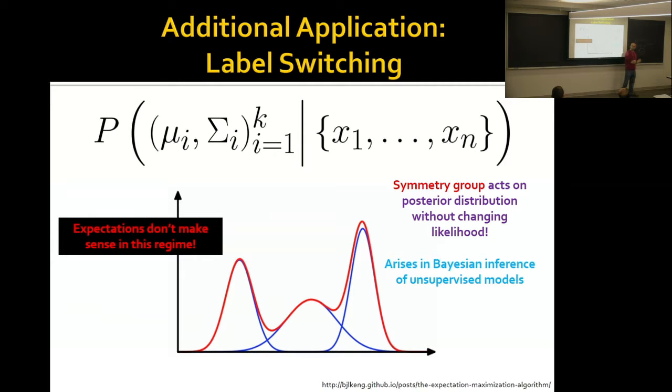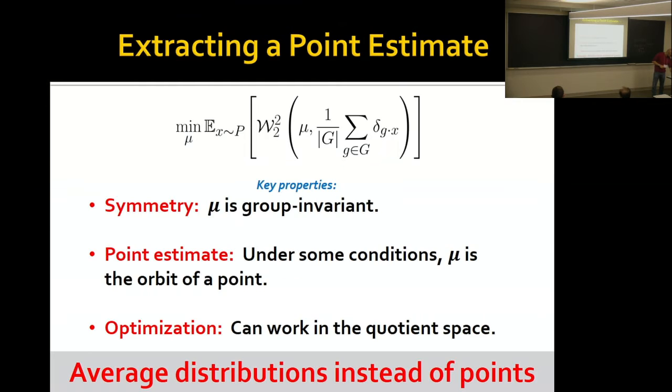So for certain inference procedures, that's a big problem, because I have a distribution with two modes, and a group that acts on that distribution, preserving probability. It turns out you can prove a nice property of transport distance, which is that if I take the barycenter of a bunch of orbits of points under the action of a group, that's what I get as output, which means that secretly I can use these tools for inference and extracting points.